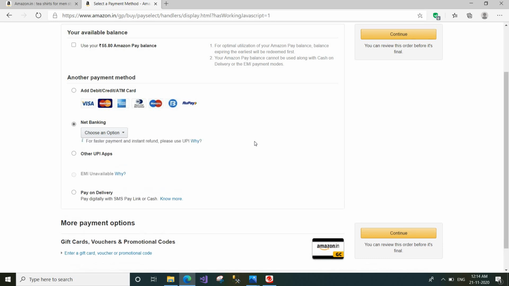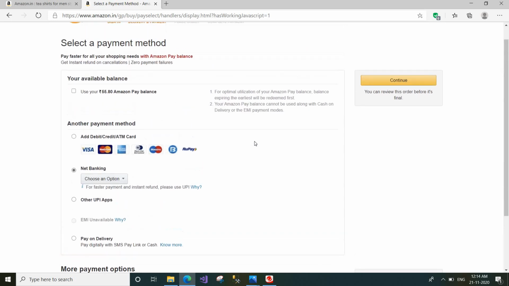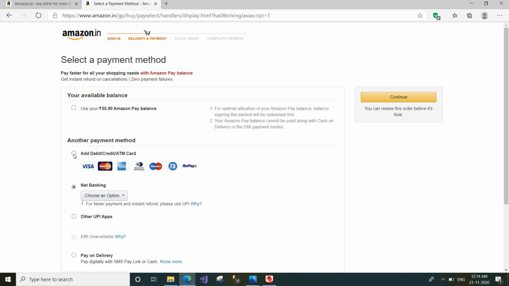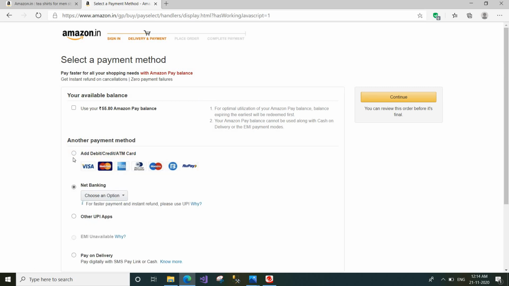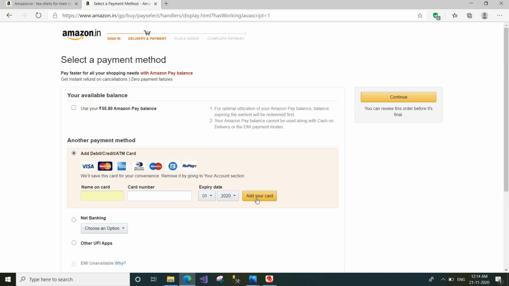Now the payment option. There are several payment options here. If you have a debit card, ATM card or credit card, you can give the payment through those cards. Just click add debit card. You have to type your name here as it was in your card. The name should match the name on your card, and you have to put the card number, expiry date, and you have to click add your card.